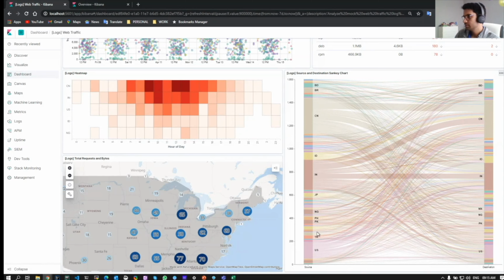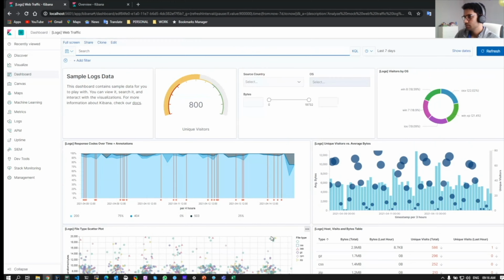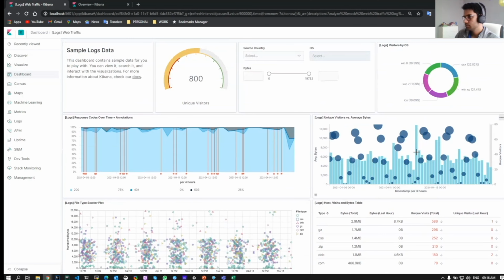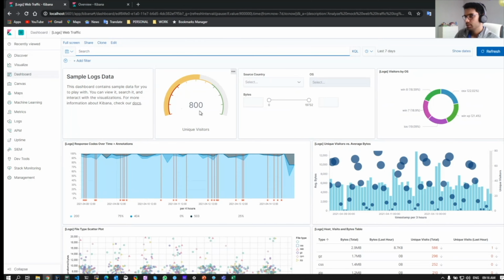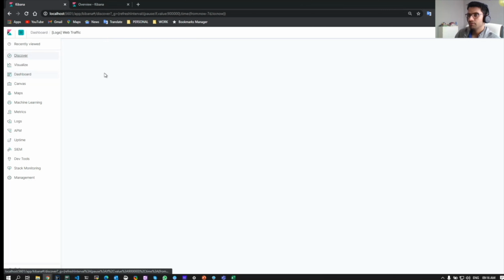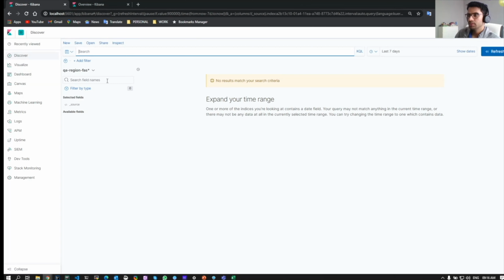But this one I have never managed to use. It looks interesting, but anyway, this one as well I have not used. I have used this more or less. This one is also useful, unique visitors. And just to give you another look at the data, all of the data comes in Elasticsearch in these